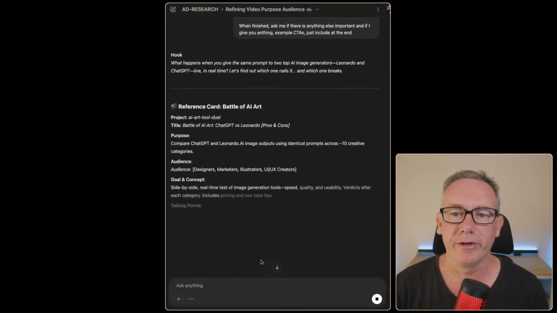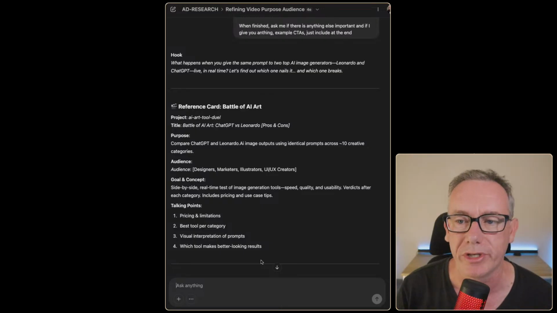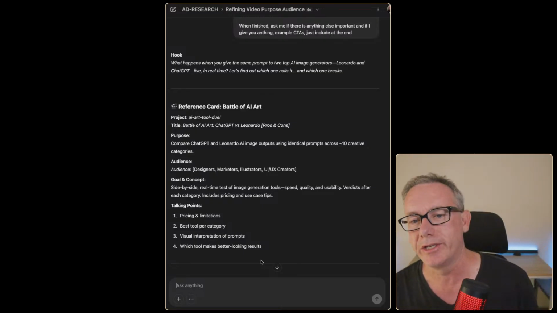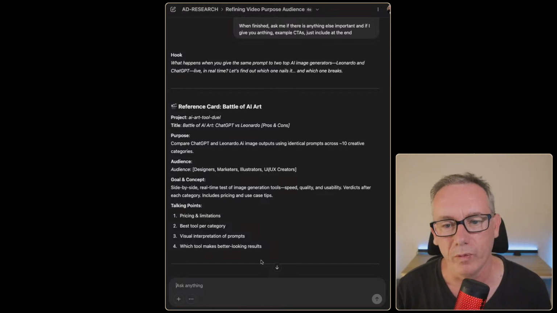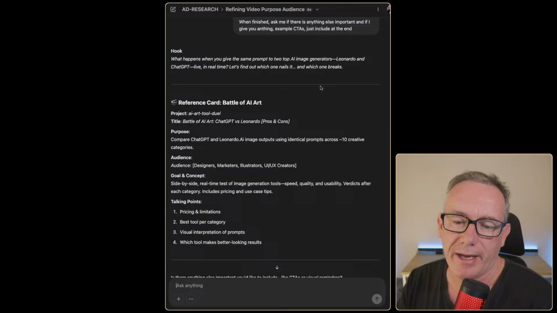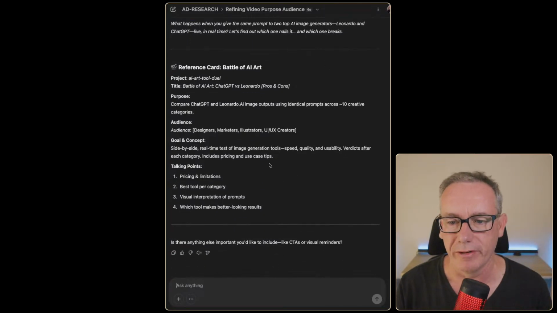What happens when you give the same prompt to 2 top AI image generators, Leonardo AI and ChatGPT, in real time? Let's find out which nails it and which one breaks. And then the goal and the concept is that it's a side-by-side real-time test of image generation tools.